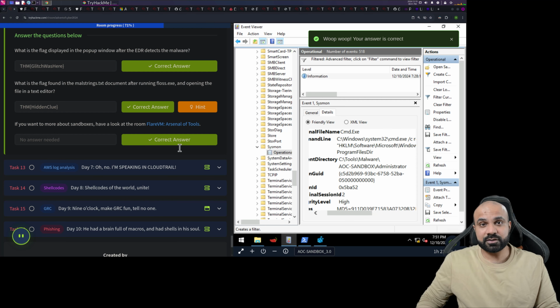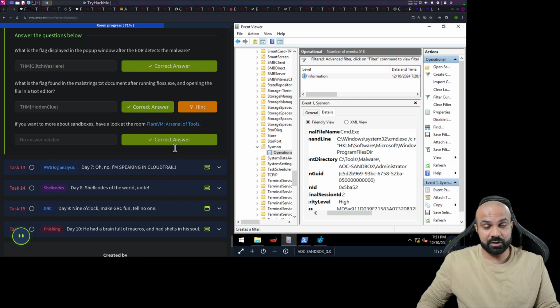Thank you guys for joining me on this journey. I am enjoying it a lot. We learned a lot in this room, especially how we can go through the logs that are generated by Sysmon, or the event logs, available in the category of Sysmon, and we were able to pinpoint which process actually executed the command. That is really helpful in